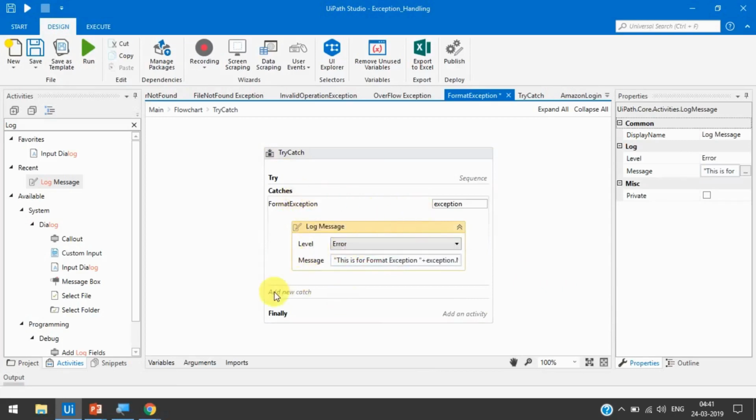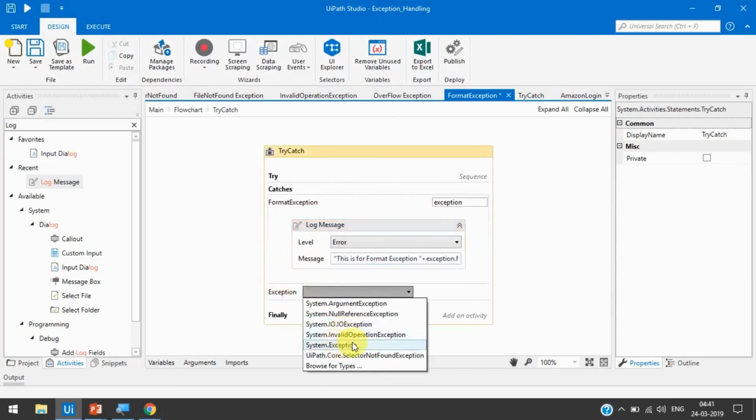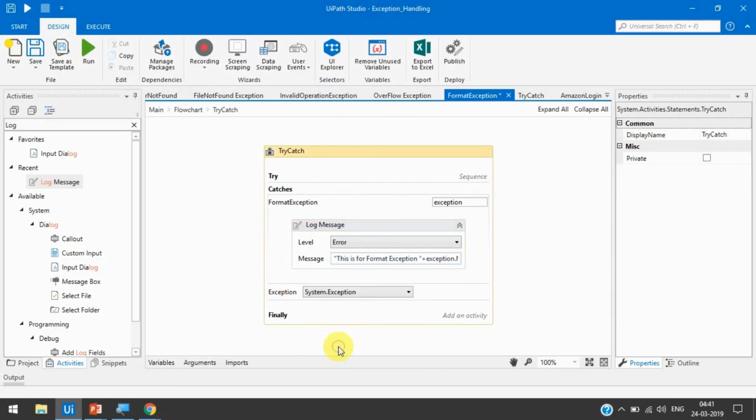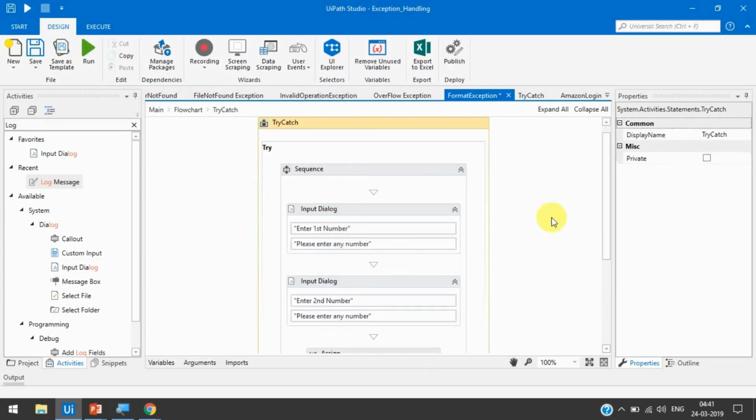Now I'm just going to add the second one. We'll click here, and this time I'm going to take System.Exception. System.Exception will handle the rest of all the errors which occur in this try block, right?